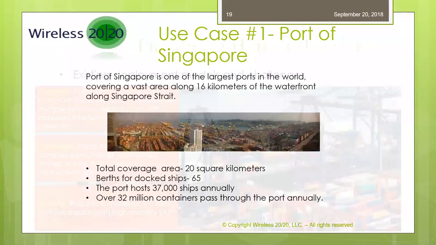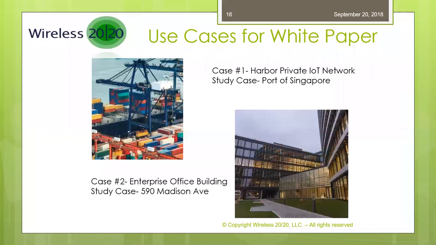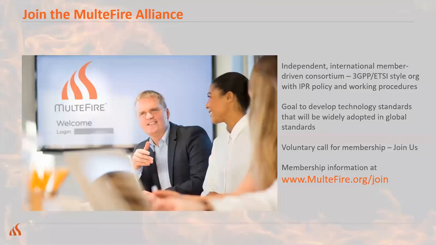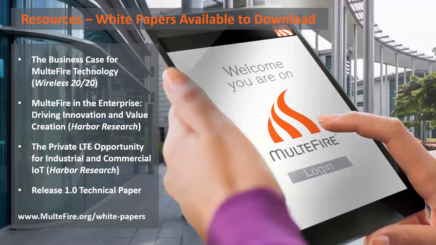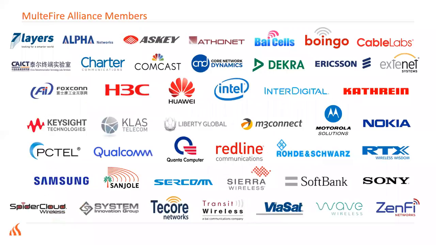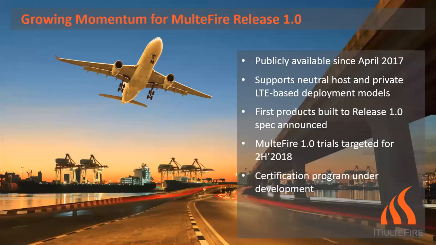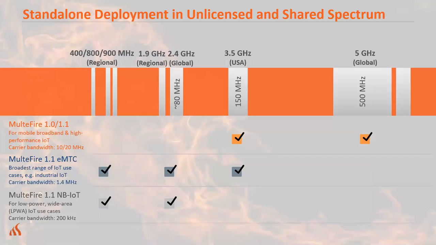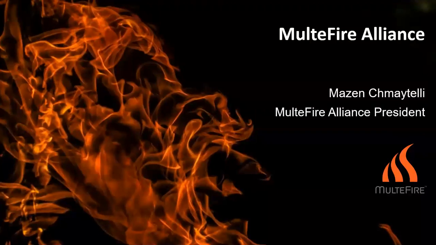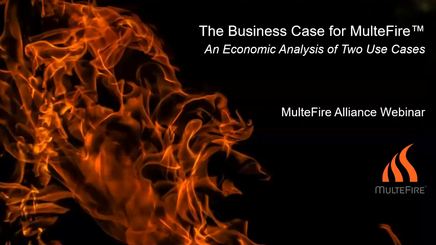Yeah, again, thanks to Randall for a great presentation. As the MulteFire Alliance shifted from release 1.0 to release 1.1, the focus became more into private LTE-based networks, specifically for industrial IoT applications. So as the use cases that Randall covered, with the shipping port examples, as well as mining and oil and gas industry. So I would say these are the initial release 1.1 targets from a market perspective.